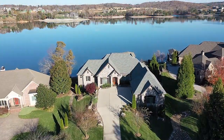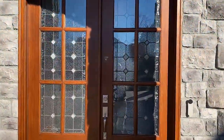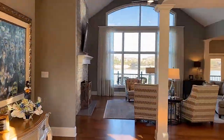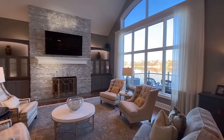It's beautiful. Welcome to 412 Cayuga Drive in Tellico Village. Custom built in 2017, only the highest construction values have been integrated into this estate. Take in the great room beneath vaulted ceilings with that terrific lake view, centered by a wood-burning fireplace with gas